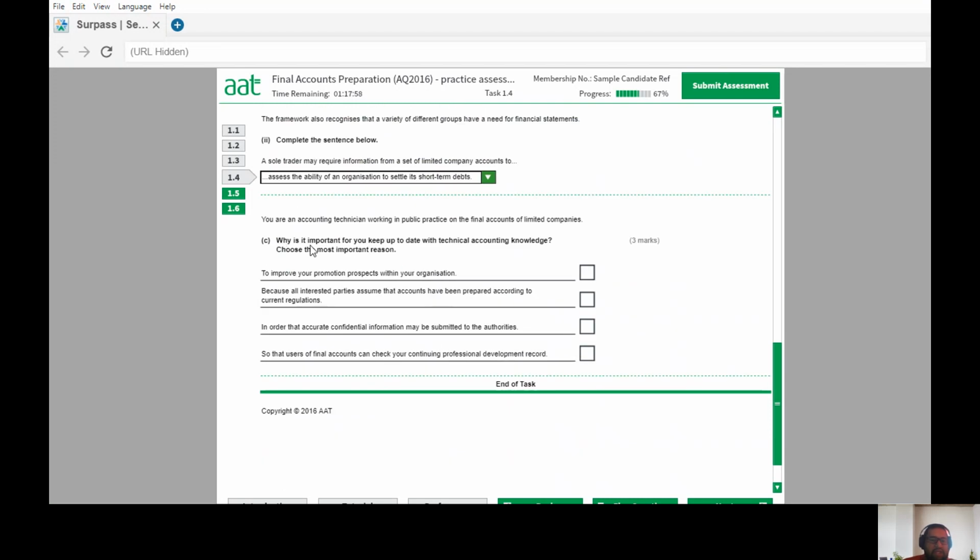And the next one is: why is it important for you to keep up to date with technical accounting knowledge? Choose the most important reason. This involves professional competence and due care. To improve your promotion prospects within the organization, is that the main reason? It can be, but it's not the main reason, because all the interested parties assume the accounts are prepared according to the current regulations. That is true, because if they don't assume that way, the accounts are going to be wrong, meaning everyone will be liable for some sort of sanctions or fines or even